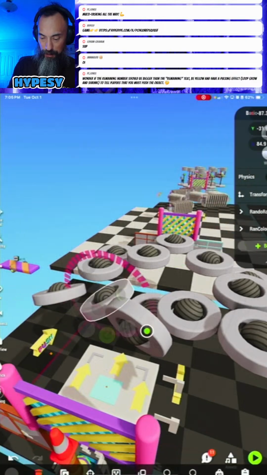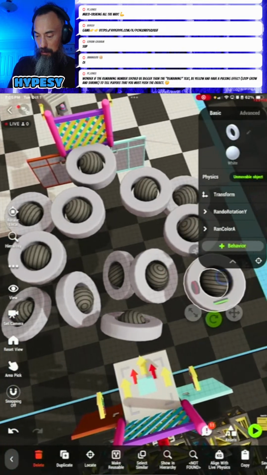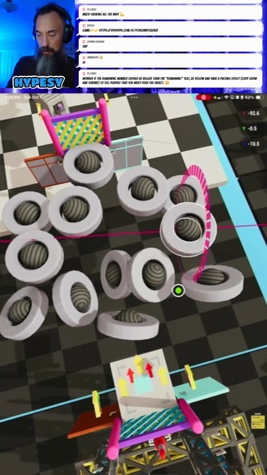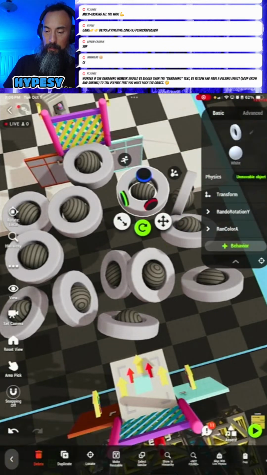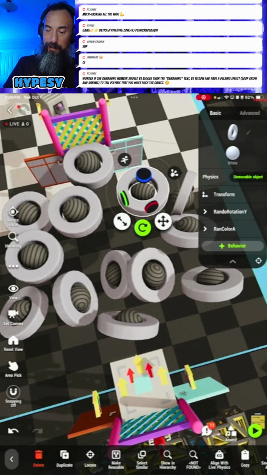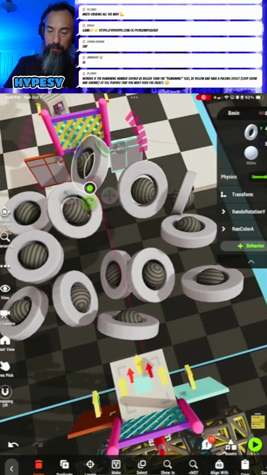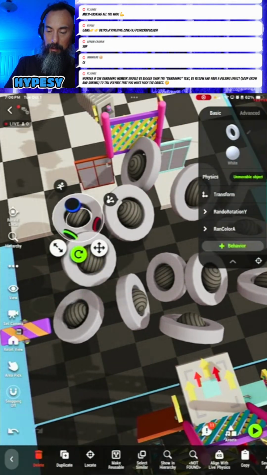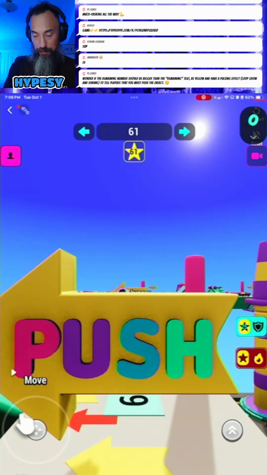I think I just need to randomly rotate all of these. See how that looks. So yeah, I've seen people get stuck on this level. And when I see someone get stuck, I'm just like, how can I make it easier? So let's take a look. 61, let's go there.